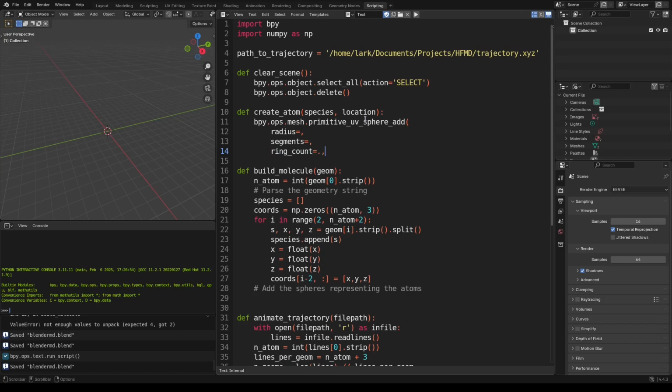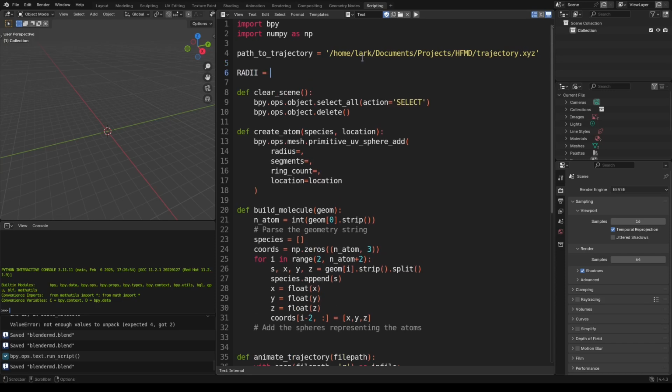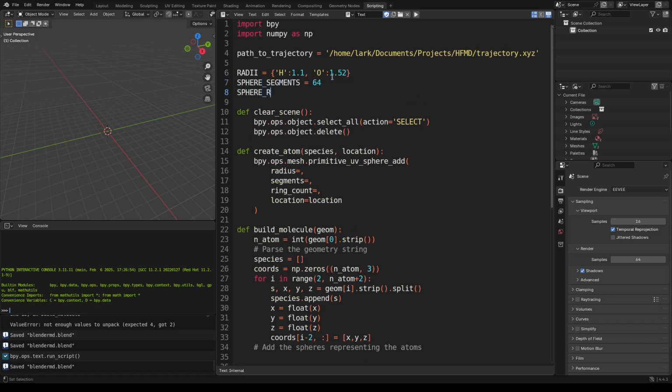To add the sphere itself, we employ the primitive UV sphere add function. You can see that I added some keyword arguments like segments and ring count, which define how well resolved the sphere is, which I will just define as constants of the script. For the radius, I will employ the van der Waals radius of each atom, which is just a value you can look up online, but I write it here as a constant dictionary which I can use to look up